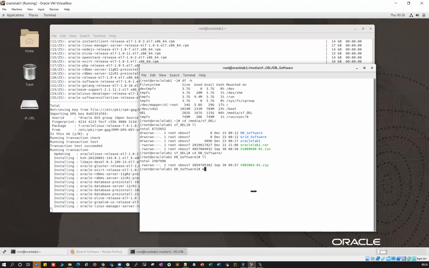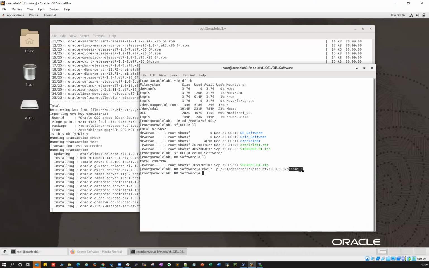What I'm going to do is mkdir -p /u01/app/oracle/product/19.0.0/dbhome_1. So this is going to be my Oracle home location. If you see /u01/app/oracle/product/19.0.0/dbhome_1, this is going to be my Oracle home.